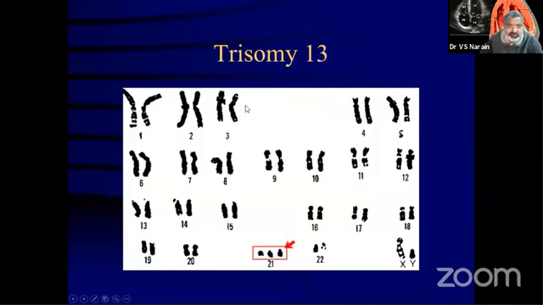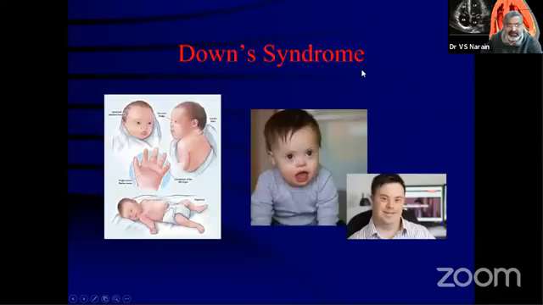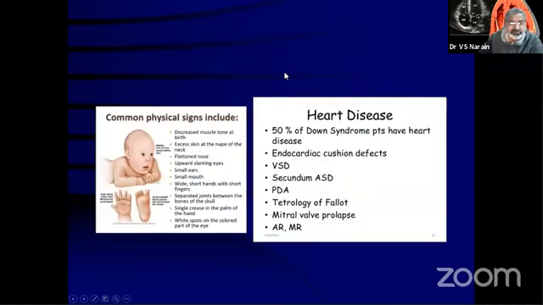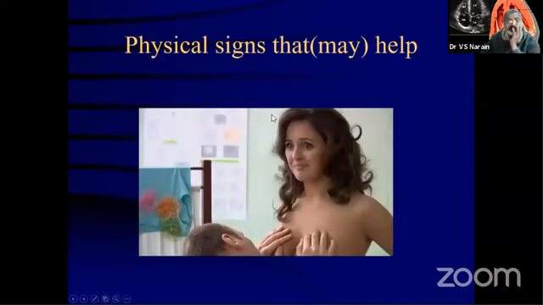Then the fetal alcohol syndrome, you should know about trisomy 13, what it means, and then be very, very careful with Down syndrome. So this is a very classical facial expression of the Down syndrome, and one often talks about this single palmar flexion crease. And these are the questions that the examiner may ask you as to what are the features of Down syndrome. And Down syndrome basically presents to you with the acyanotics, the endocardial cushion defect, VSD, secundum, PDA. But tetralogy of Fallot is also associated, and 50% of patients with Down syndrome will have some kind of heart disease. So be prepared with these syndromes also.